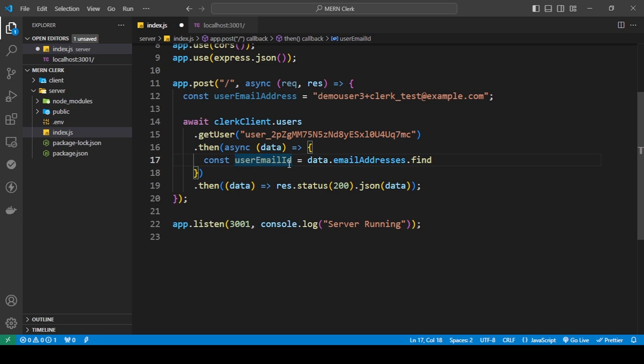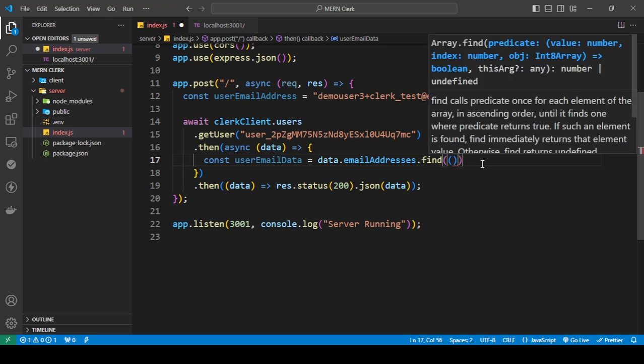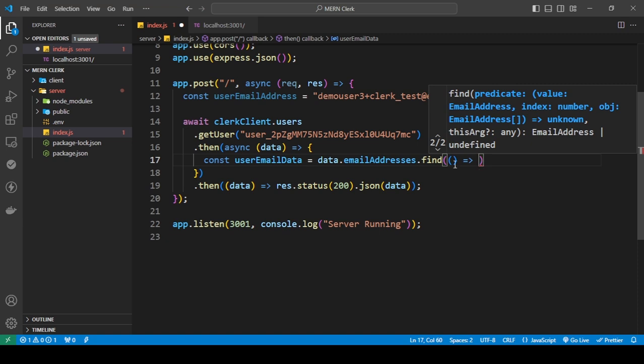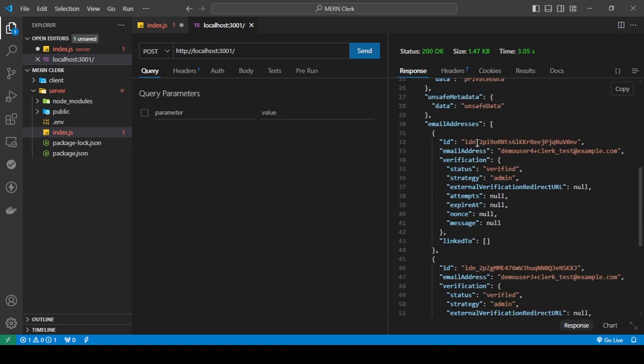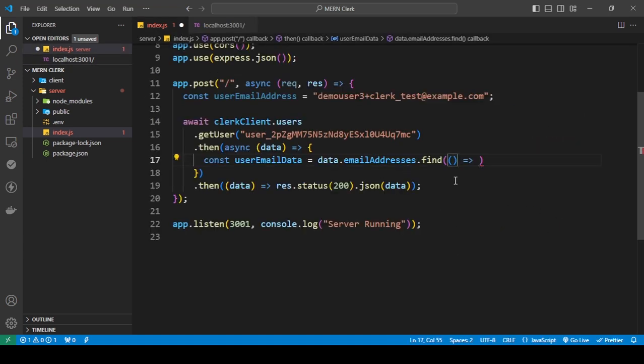Actually no, I'm going to change this to user email data. Okay, so after this do data dot email addresses dot find, and in this you are going to add a function, and this function is going to contain the email addresses, which is this array right here. Okay, so I'm going to call this